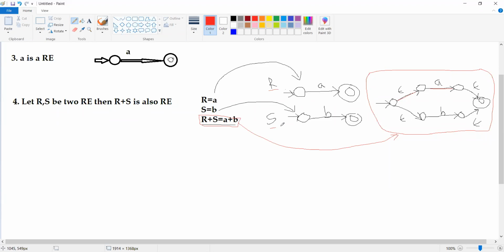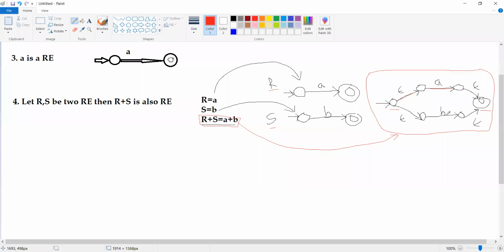After that, when we do the union of these two automatas, the initial states and final states of the old automatas are not going to be the initial and final states of the new finite automata. That is the reason we have introduced a new initial state and a new final state. Understood? So this is how we construct the union automata, which recognizes either A or B.